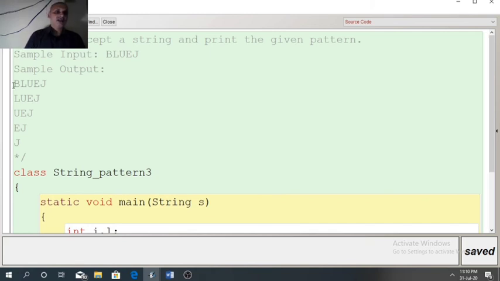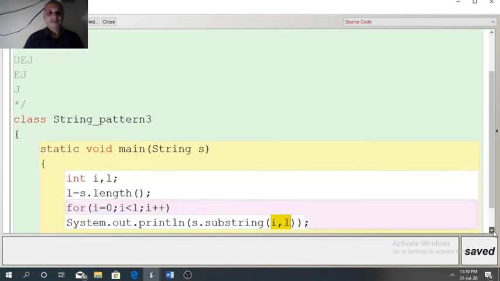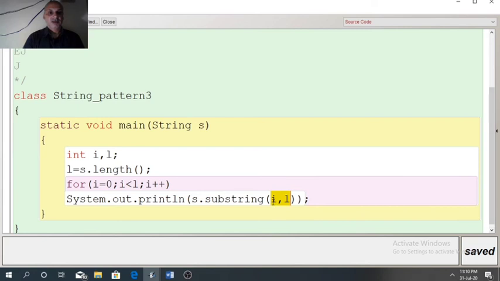Since the first letter is changing in each row, we have index 0 to 4. That is why we have written I here. Here we will get 0 to 4. So the first one is clear. For the last value, why have we written L?